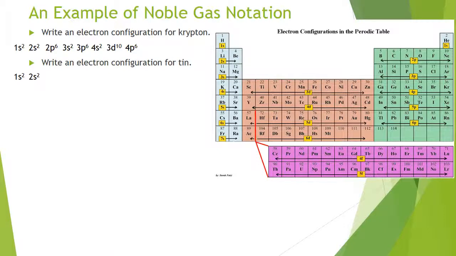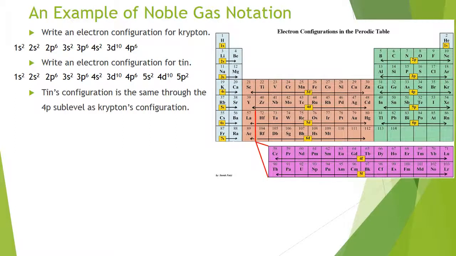1s2, 2s2, 2p6, 3s2, 3p6, 4s2, 3d10, 4p6. So notice up through 4p it is exactly like krypton. After 4p, now we're here with the 5s, so it'll be 5s2, 4d10, 5p2. So to point out again, tin's configuration is the exact same through that 4p sublevel as krypton's. So what we can do is simply use krypton's configuration to say tin's is just like krypton plus